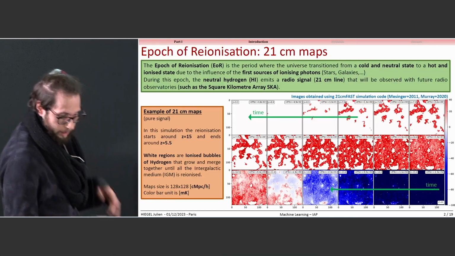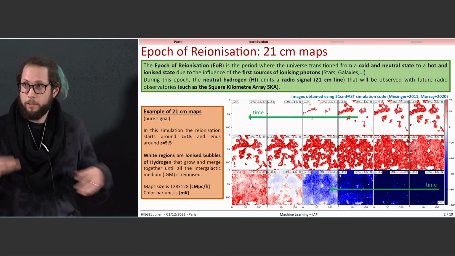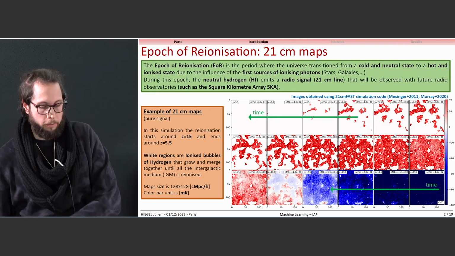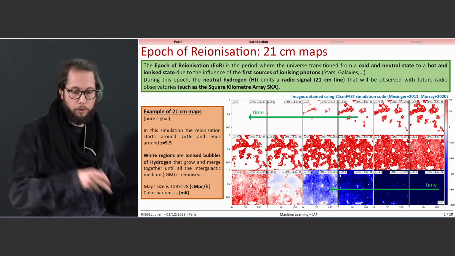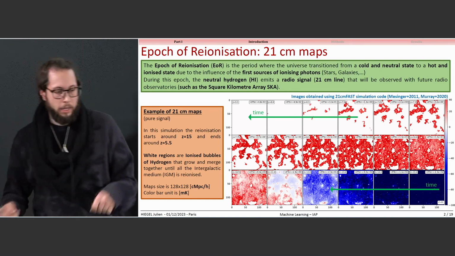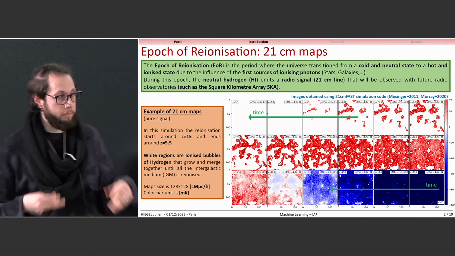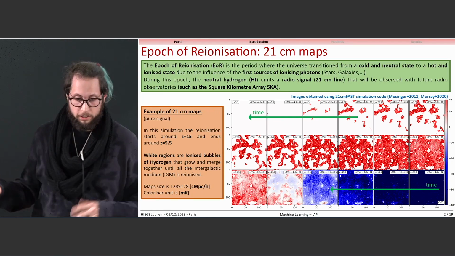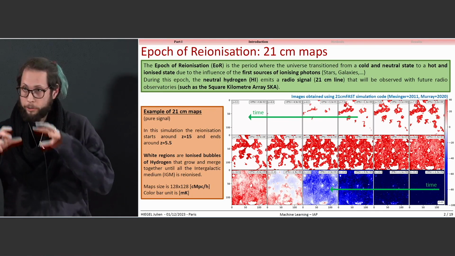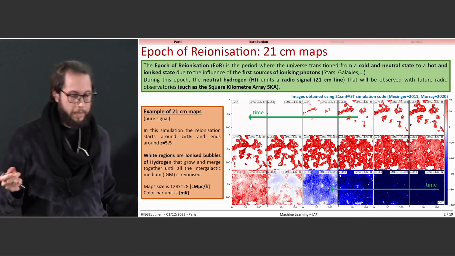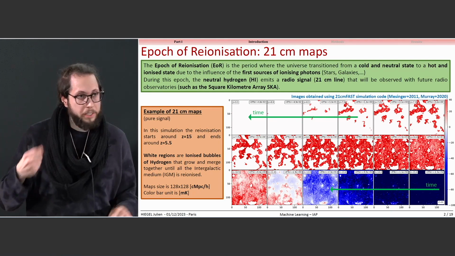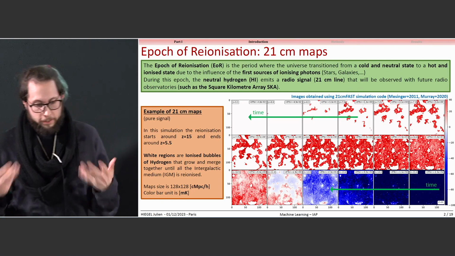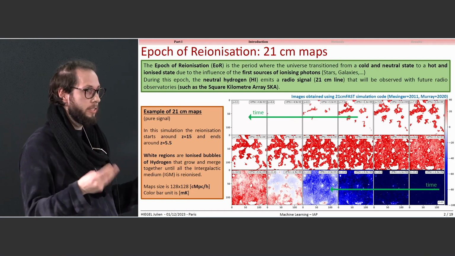Okay, so first, what is the epoch of reionisation? The epoch of reionisation is a period where the universe transitions from a cold and neutral state to an ionized state. It is due to the first sources of ionizing photons, such as stars, galaxies, and so on. During this epoch, the neutral hydrogen emits a radio signal. It is a 21 centimeter line, and we will observe it with future radio telescopes, such as the Square Kilometre